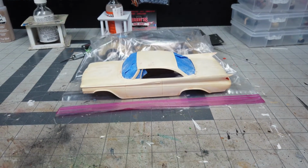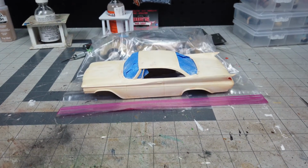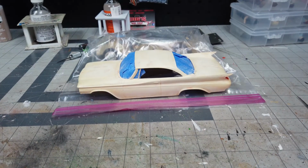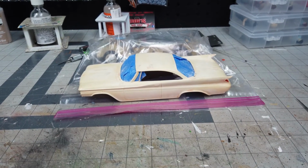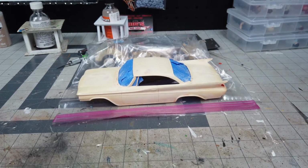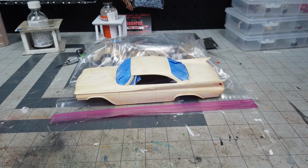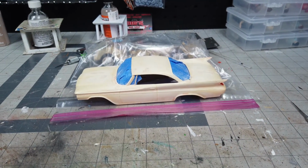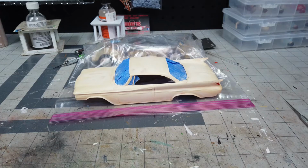Well, I have the paint off the 1960 Desoto. This is a JoHan model. And interesting things happen. I thought that most of the junk they had glued onto this thing was just glued onto the paint. Well, unfortunately, in getting the paint off, I discovered that there had been things glued on before this thing was ever painted. And also whoever built this thing at some time or another handled it with glue on their fingers,